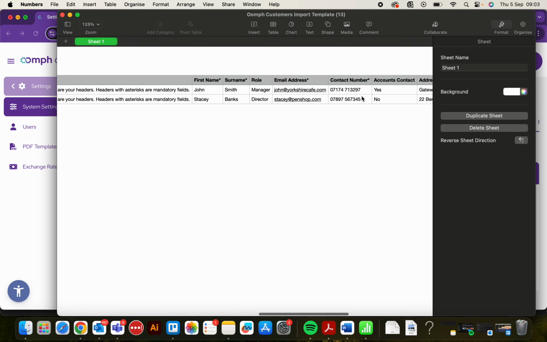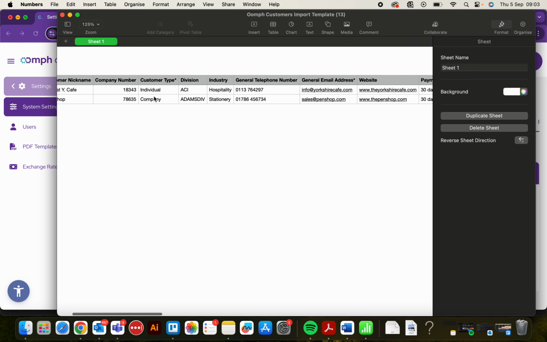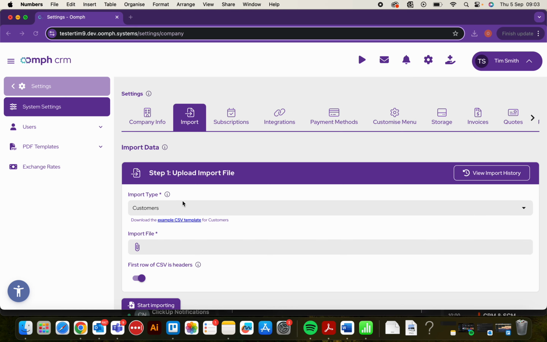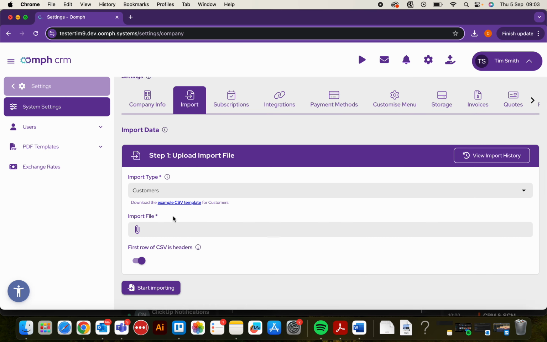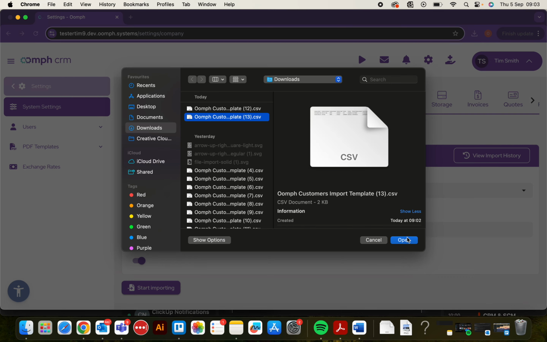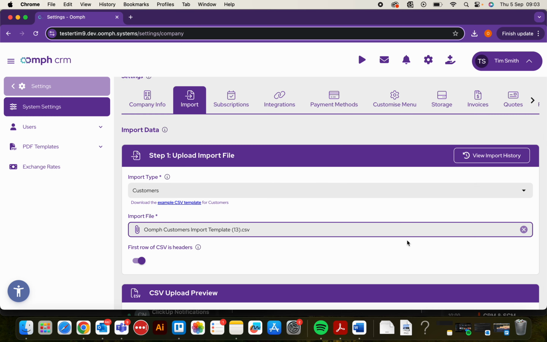There might just be a little bit of taking out this dummy data here and adding in your own actual data, saving that CSV and getting that ready. So there will be a bit of a process there for you. Once it's ready, you want to head to the import file field. If we click on that, it'll open up your file browser. You simply select your